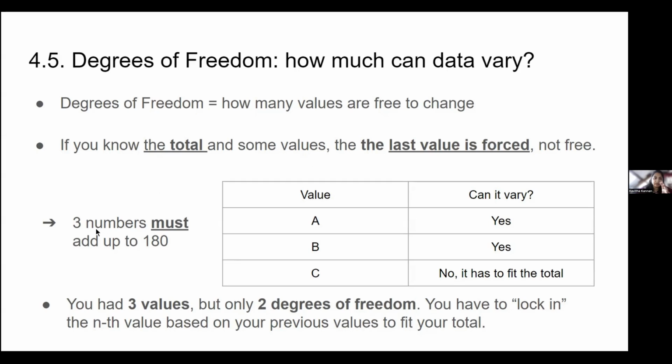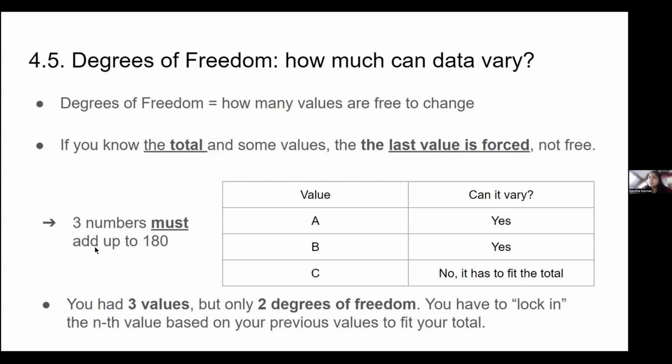And the best example for this, the way I learned it, is a triangle. So a triangle has 3 angles, right? And they must always add up to 180 degrees. That's the rule of a triangle. So if, say, your first angle is 11 degrees and the second angle is 15 degrees, then the third angle must add up along with the other two to form that 180. It has to fit the total to make it a triangle. Otherwise, it's going to be a straight line, like a weird open line, and that's about it.